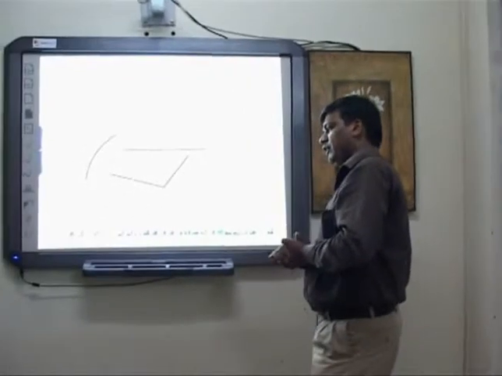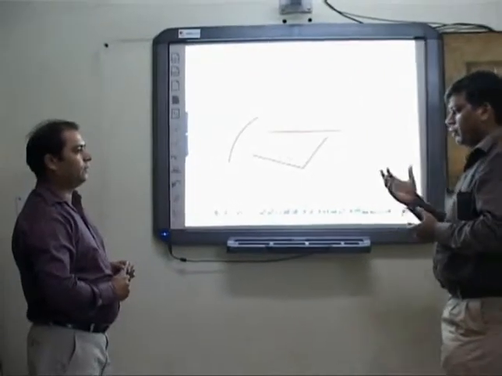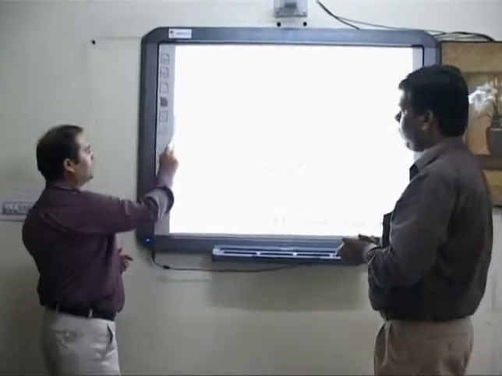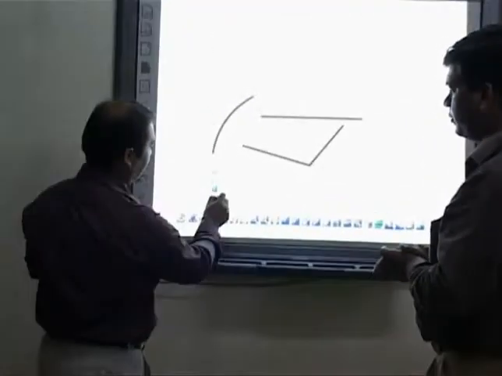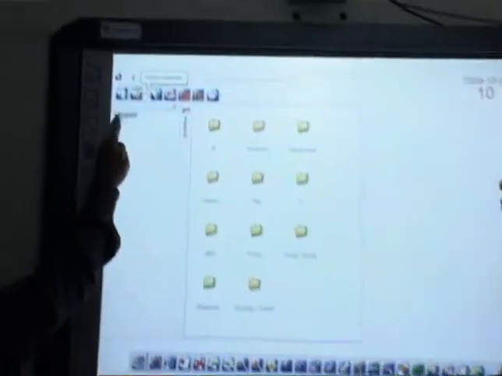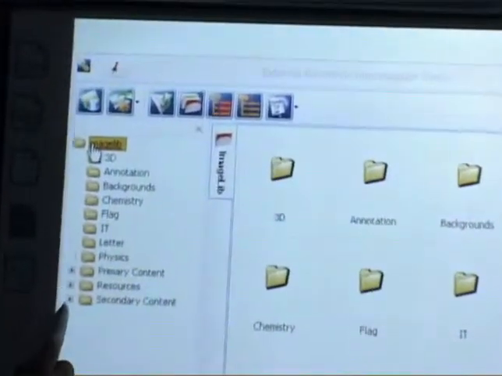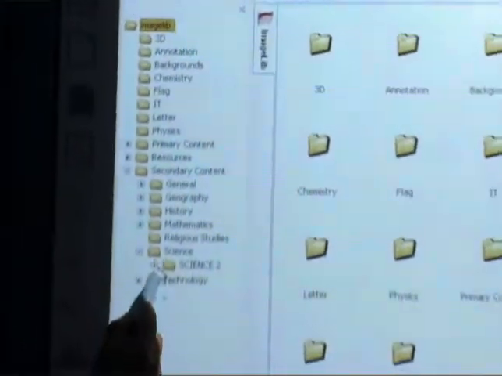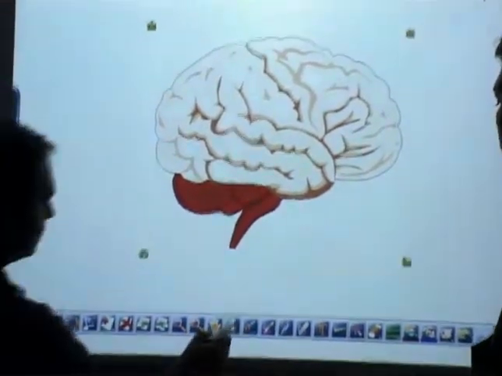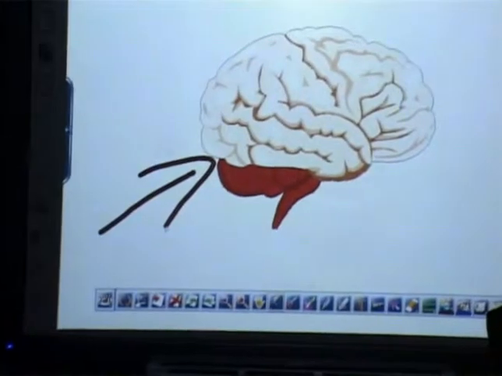Do you have some curriculum content with this interactive whiteboard for our classroom and for different subjects? Yeah, we have content and we have an image gallery also. Suppose you are using it in a science classroom, we have lots of content, like around 11,000 image gallery pictures. Suppose you are teaching a science class and you want to show a diagram like a brain, just drag and drop.